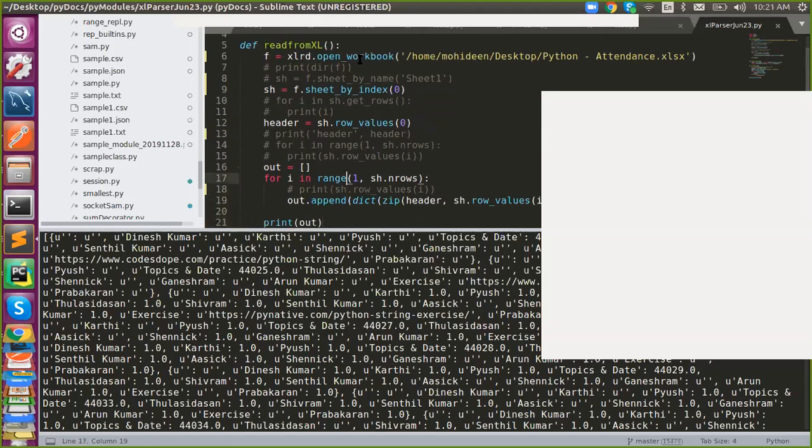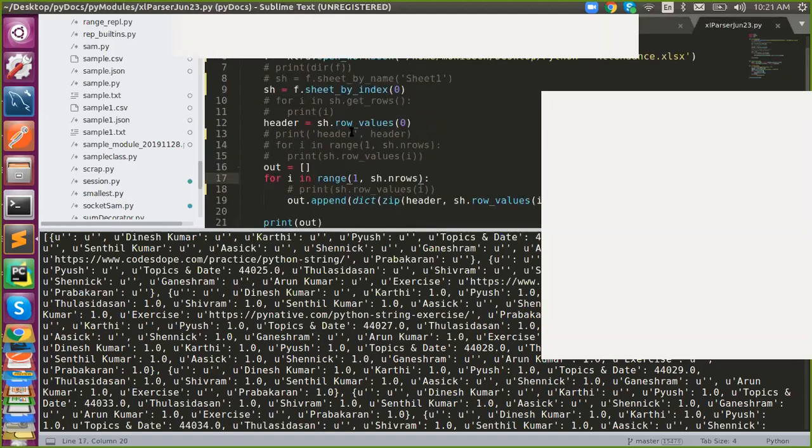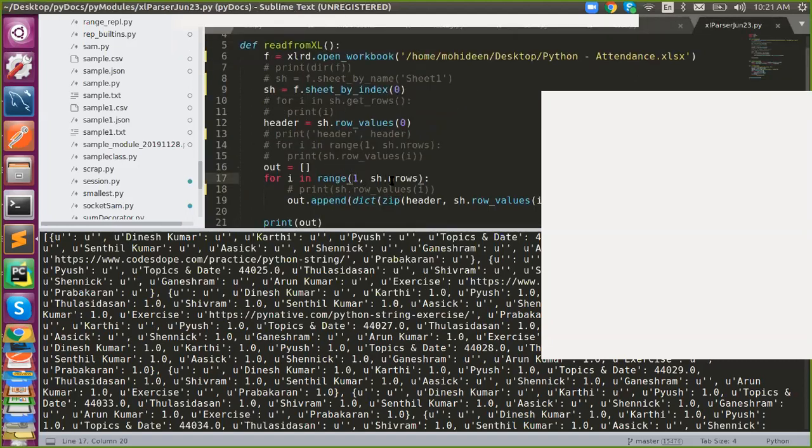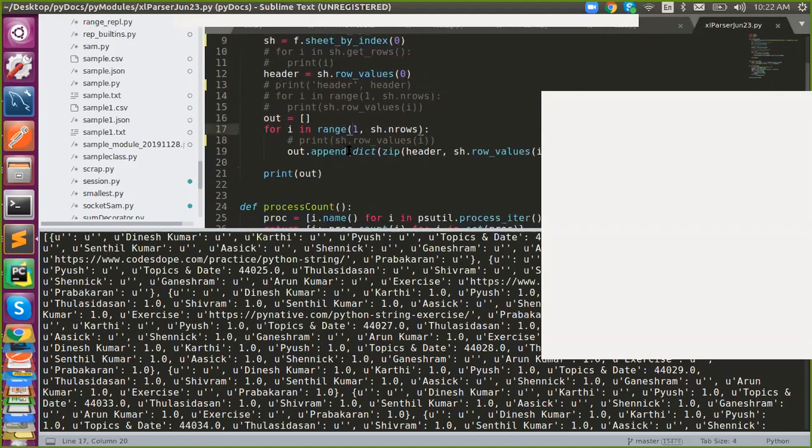And then to fetch your values, here we don't have a file stream, so we need to get it through methods alone. In XLRD, just say sh.row_values as we did for the header. But we need row numbers, right? For that, we can fetch it through sh.nrows, and we need to say a range to fetch the relevant rows from 1 to n. That's it. Okay. And I'm doing the same method, dict and zip, to frame it as a dictionary, and I keep it in a list of dictionaries.